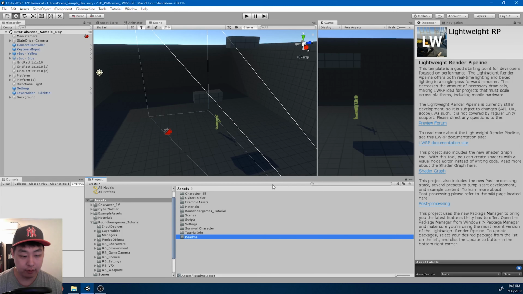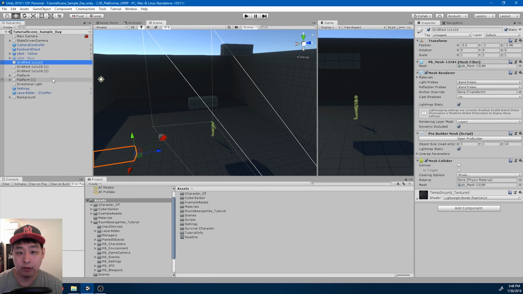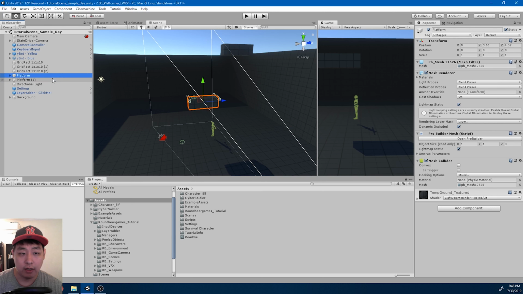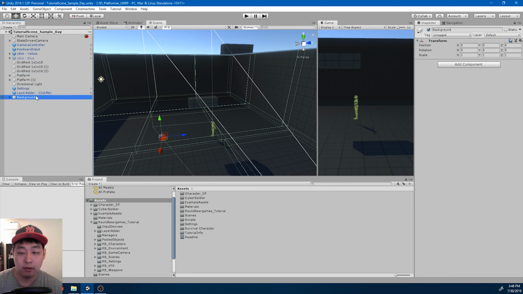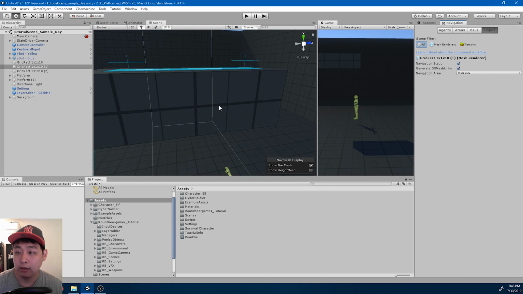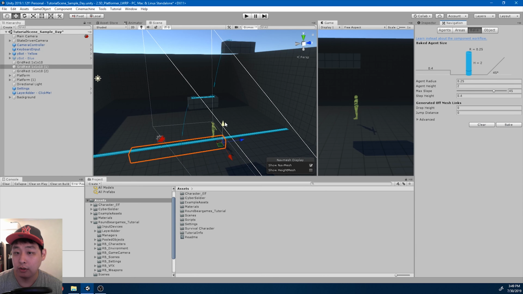It's hard to tell at a first glance, but I've updated the scene. Here is the platforms, grid and platform, and everything else is under the background object. And if you notice the ground that the player is standing on, if I go to navigation, I rebaked all the platforms,